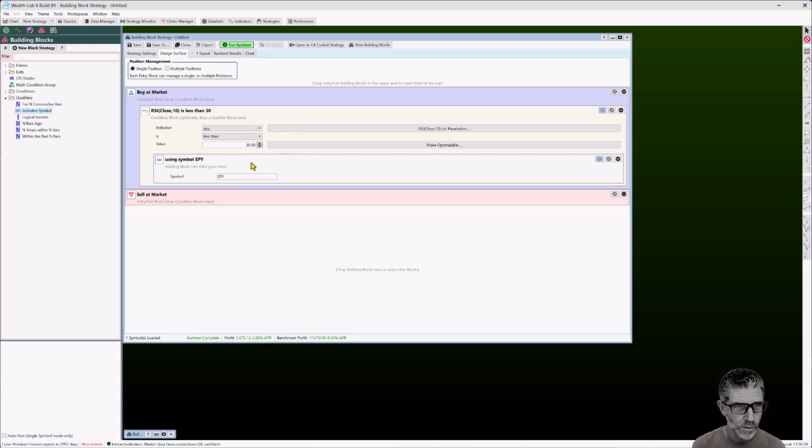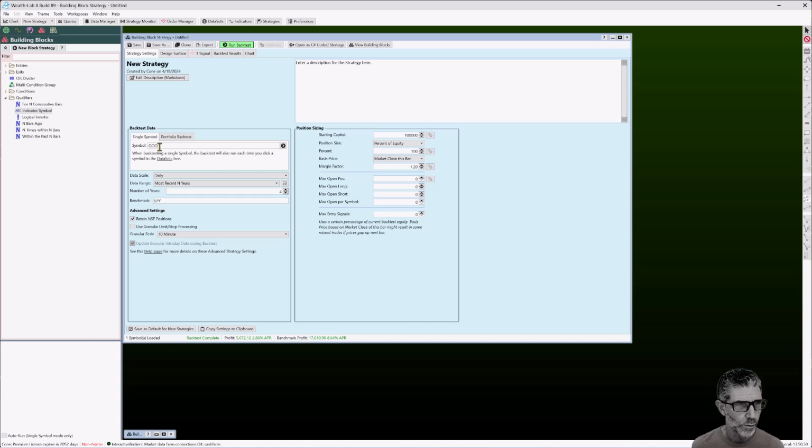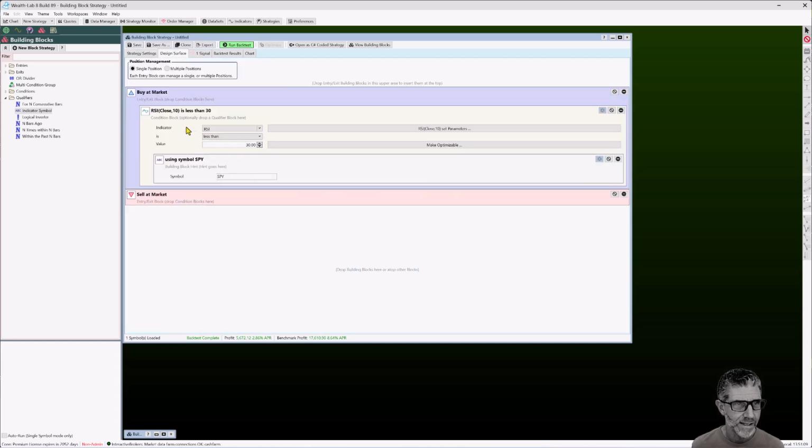Now this is something that's used quite a bit. So this allows you to apply a condition to an external symbol, one that's not the chart symbol. Remember, the chart symbol is the one that you're running it on. So this is on QQQ, or it's any of the components of the data set that you're running it on. So for example, IBM, Apple are parts of the Dow 30, so those would be the primary symbol. But let's say we wanted to create a condition that the RSI of the ETF of an index is less than 30. So in this case, if we ran this now,